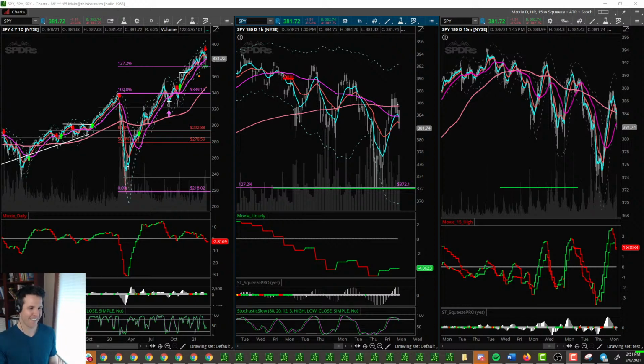Thank you. So the dotted lines on the hourly and the daily, right through here, these are Keltner channels. John Carter refers to it as the ATRs, average true range. It gives me an idea of the extent to which price wants to move to the upside and to the downside. It is one of the best additions I've put on my charts ever since I got to Simpler. I've got to thank John Carter for that, and it really complemented my style of trading and helped give me the other side of what I needed for knowing when to actually sell and take profits on something. So very, very good like that.